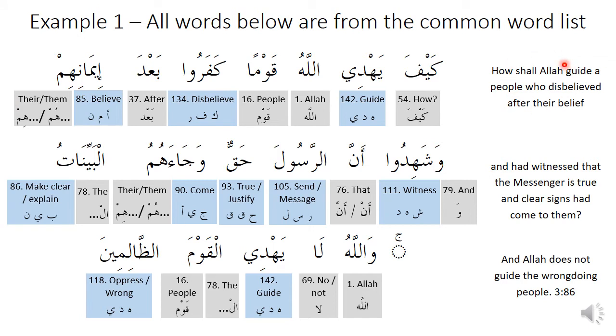The next slide is going to introduce you to 10 lessons. So we need to know how to put words together, and that's pretty much grammar. So we need to cover some grammar. Knowing the words in isolation won't give you this meaning. You'll kind of know what the verse is saying. Some verses will be more obvious than others. So here it says, Allah not guide the people wrong. You can kind of know that it's Allah does not guide the wrongdoing people, but without some basic lessons in grammar, you're not going to be able to get the full meaning. So we have to cover some grammar. So the next slide is going to cover that.